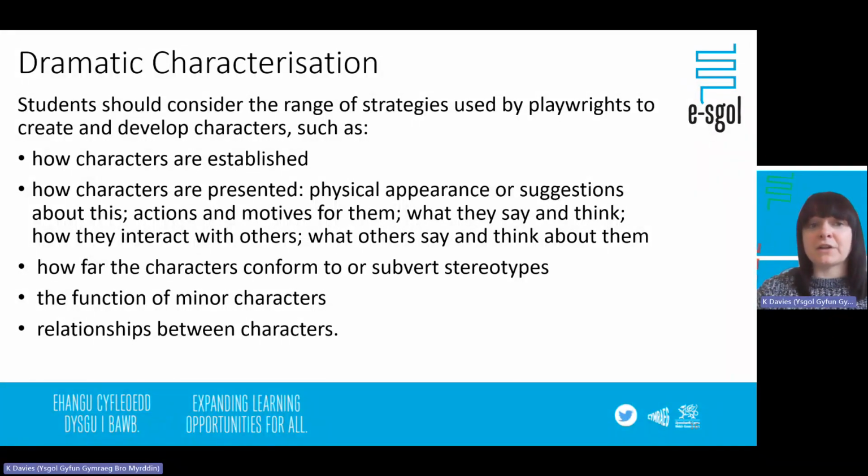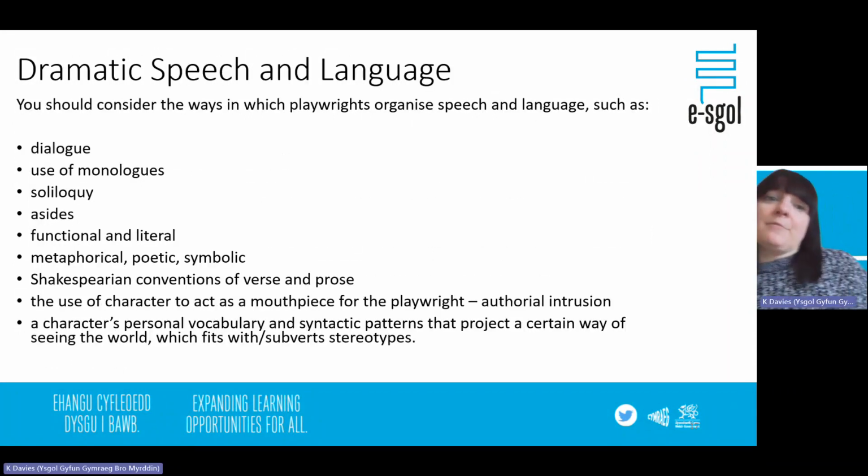You could look at how far the characters conform to or subvert stereotypes. You could also look at the role or the function of minor characters within the play, and also the relationship that's clearly presented between characters. So then you could look at as well